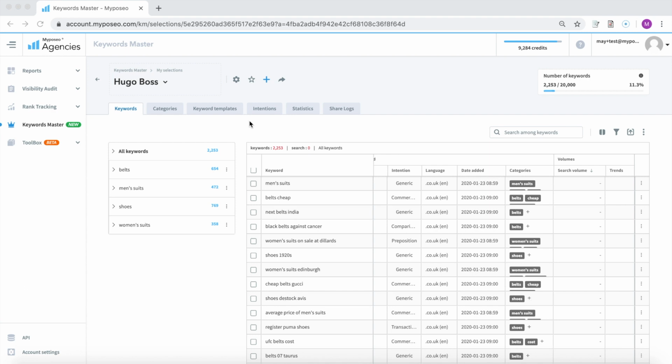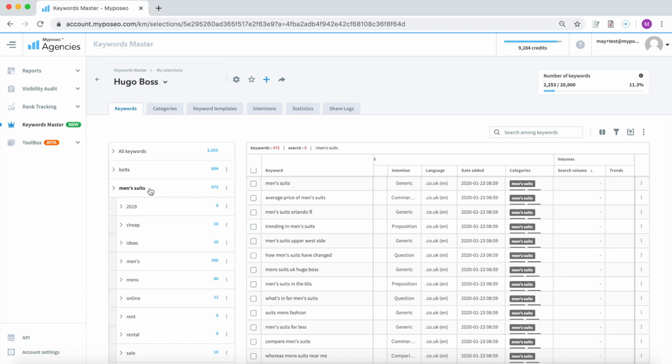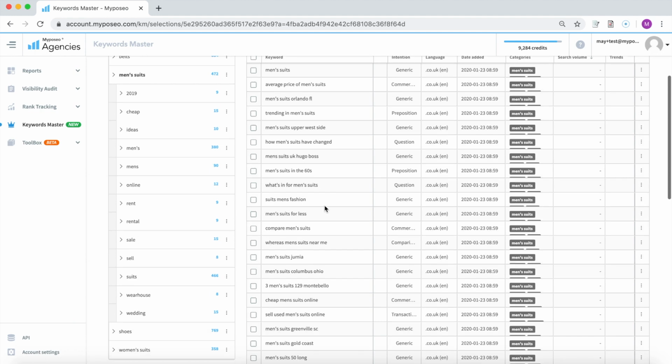In this video, we're going to discuss the keyword categories within the Keyword Master. So now that everything has been loaded, on the left-hand side, you can see all the categories that we added in the previous video and all of the keywords under these categories. When you click on any of them, all of the keywords within the category will appear on the right-hand side,